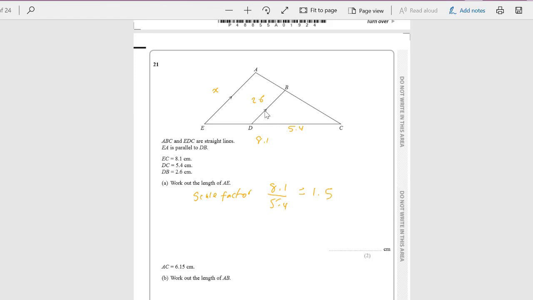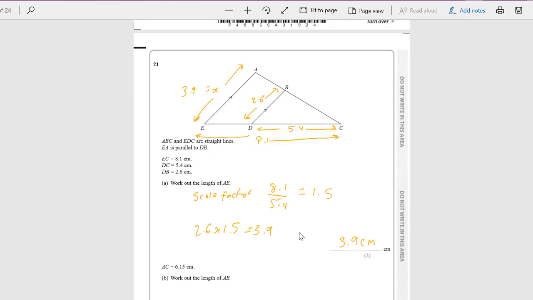So this line is 2.6, times it by 1.5, you're going to get 3.9. So the answer is 3.9 centimeters. So X will be 3.9. Okay, and again, it's just to do with scale factor. Just drawing out these lines to make it look a little bit more clear. Okay,